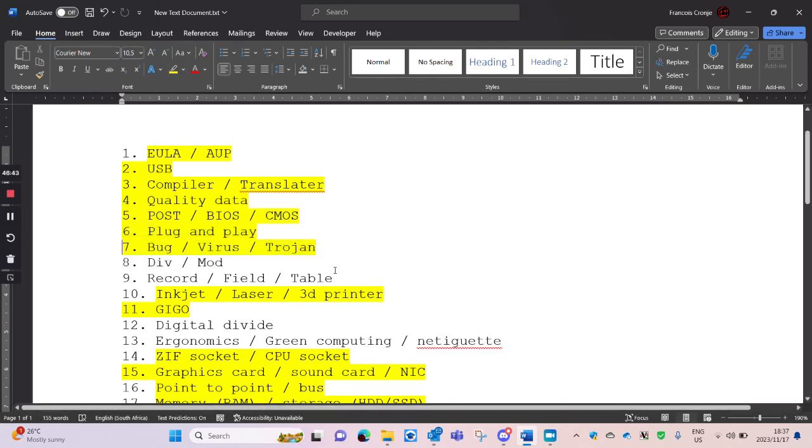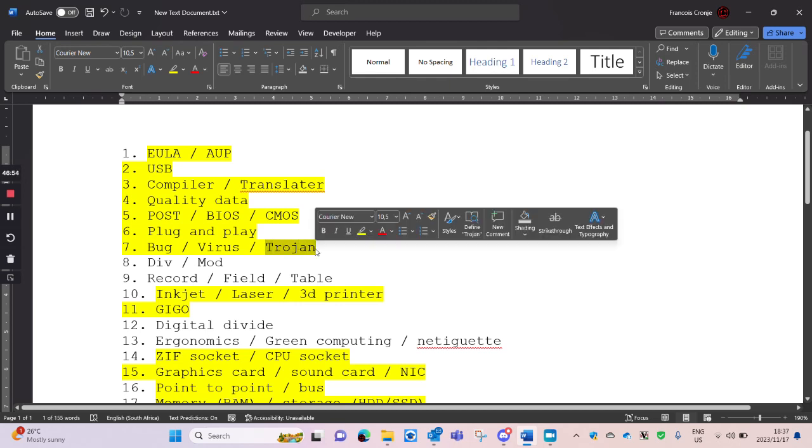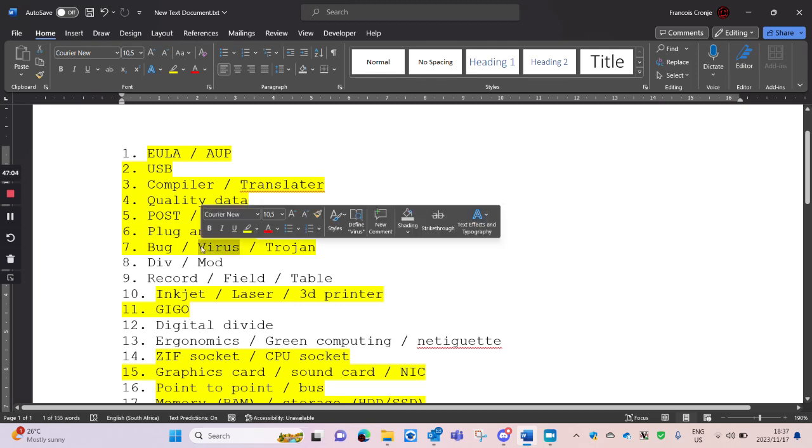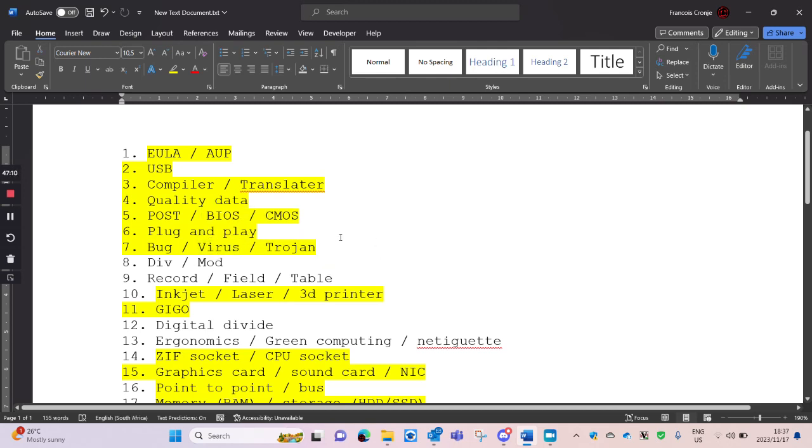So that is somebody actually creating software which does damage, and that's our virus. And for our Trojan, remember the difference is that a Trojan looks like a legitimate program, but in the background it does damage. And a virus is software that attaches itself to another file and does damage. And then you get a worm that replicates itself.